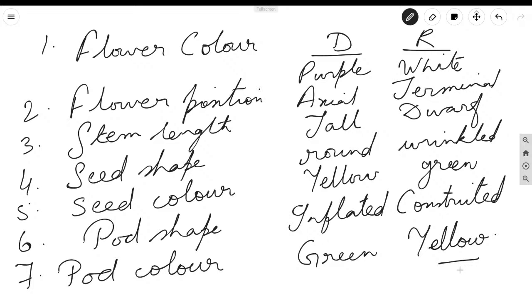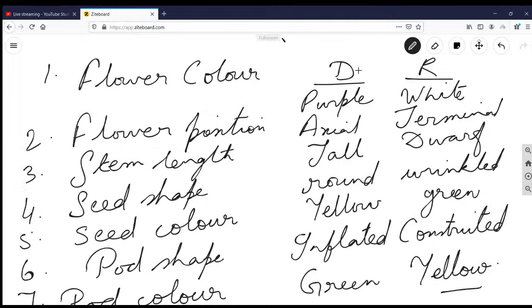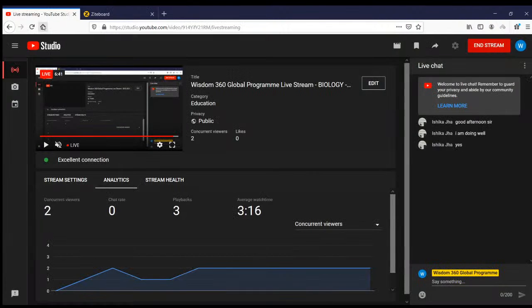Now coming on to why pea plant was chosen by Mendel. Okay. Why were pea plants chosen by Mendel? So what could be the answer to that very question? Why did he only choose pea plant? Why not any other plant? So that is again a very, very conceptual question pertaining to genetics, right?